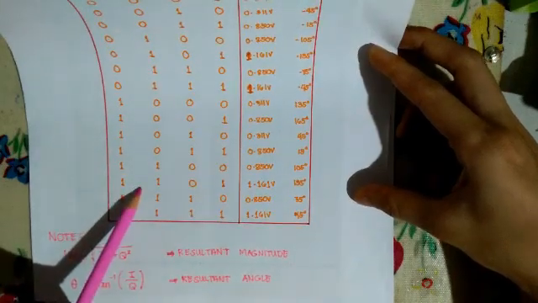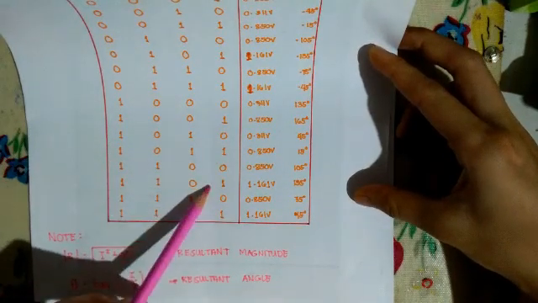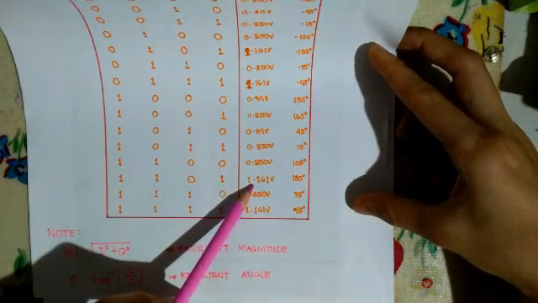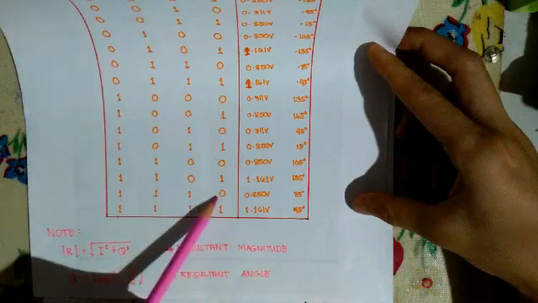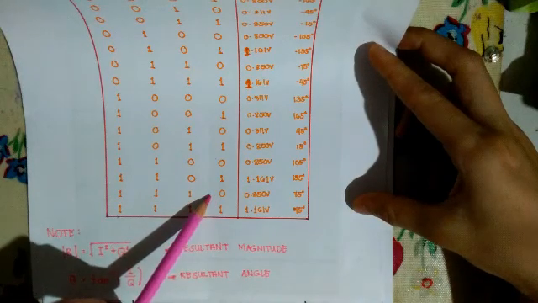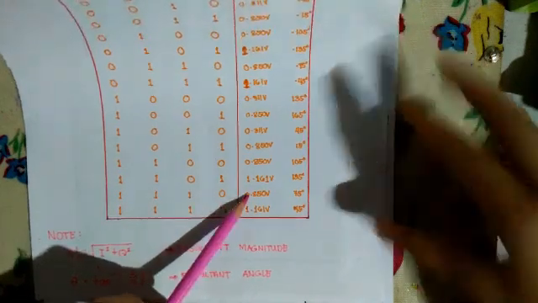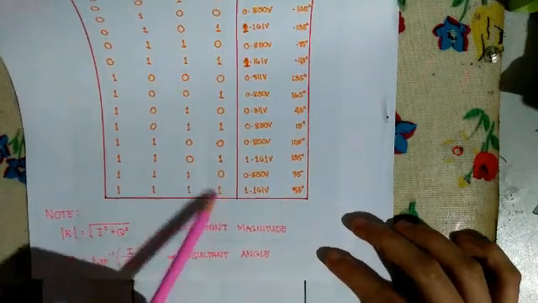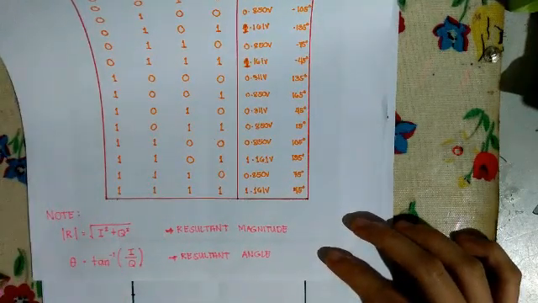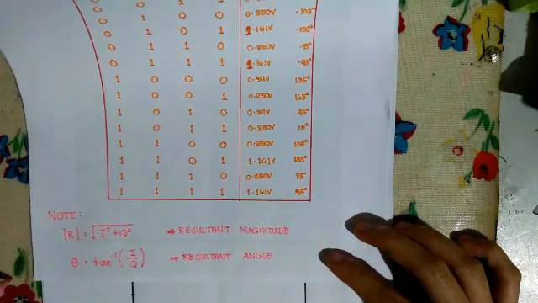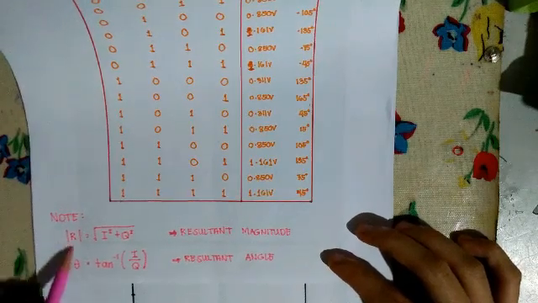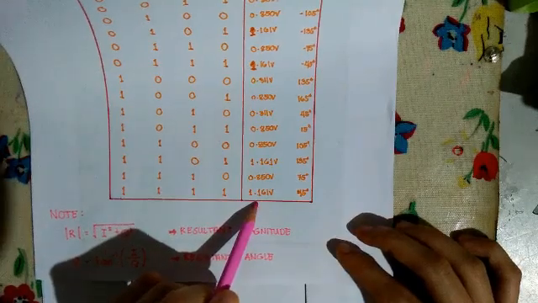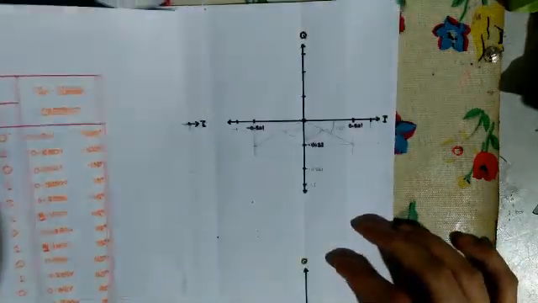And 1101 is negative 0.821 volts, so the magnitude is 1.161 volts. 1110 is positive 0.22 volts, so the magnitude is 0.850, and 1111 both equivalent to positive 0.821 volts. So using this formula, we get the magnitude of 1.161 volts. So for the angles,